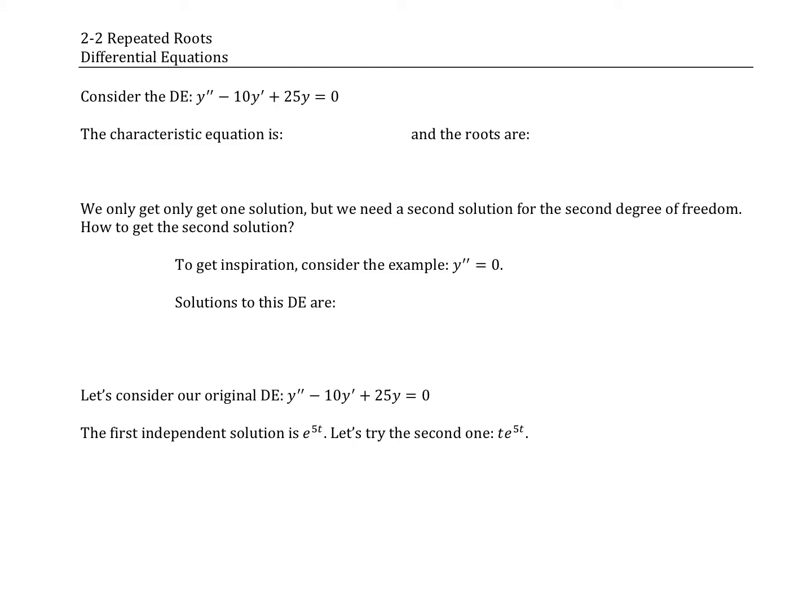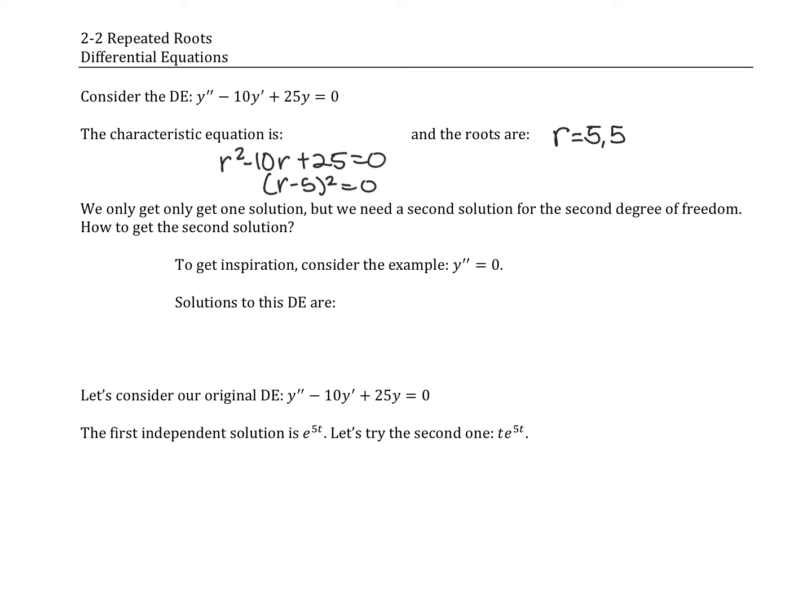Okay, so let's look at the idea of repeated roots and how this differs. If we were to consider the differential equation y double prime minus 10y prime plus 25y equals 0, we know that this characteristic equation would be r squared minus 10r plus 25 equals 0. And factoring that, we would get (r minus 5) squared equals 0, which means my roots are r equals 5